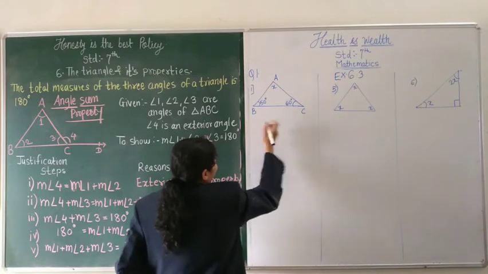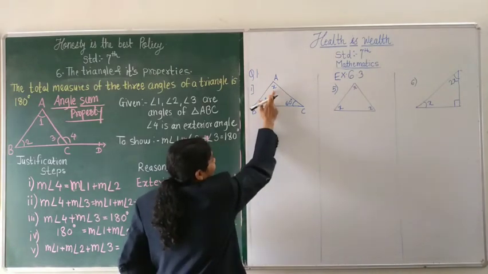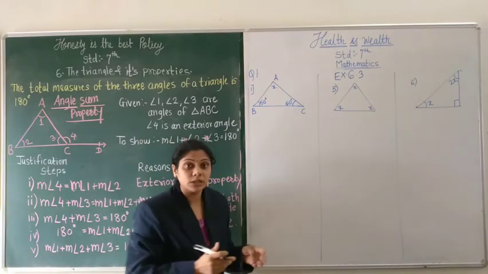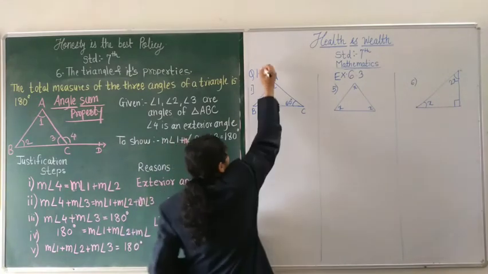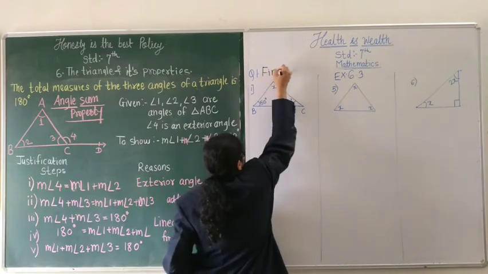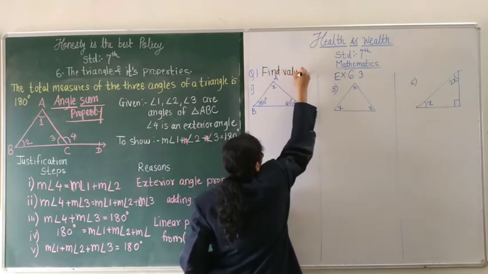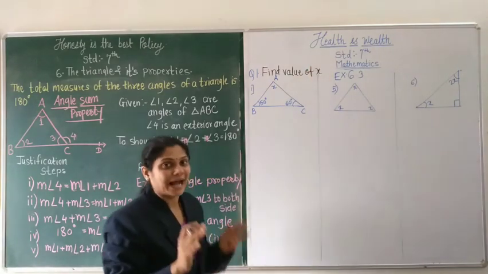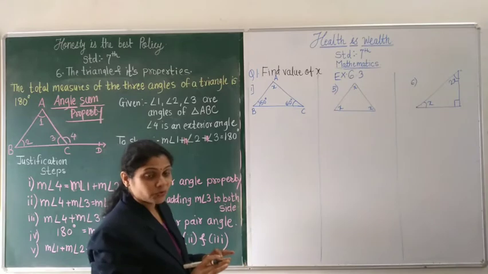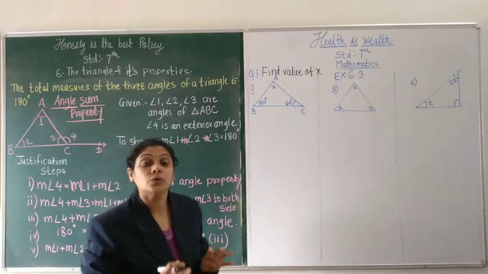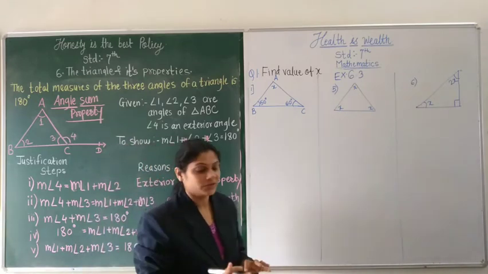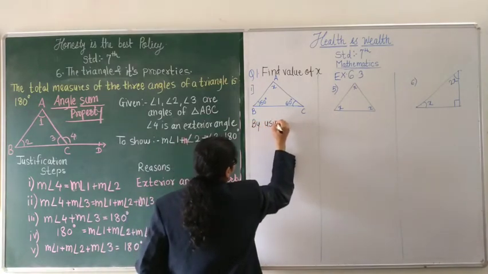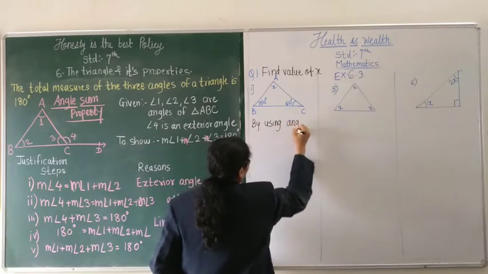The given triangle is, look here, angle A is x, angle B is 50 degrees and angle C is 60 degrees, and they told us to find the value of x. What is the question? Find the value of x. So we know that x is an angle of a triangle, and when we are going to find the angle of a triangle, we have to use the angle sum property of a triangle. So here we will write by using angle sum property,